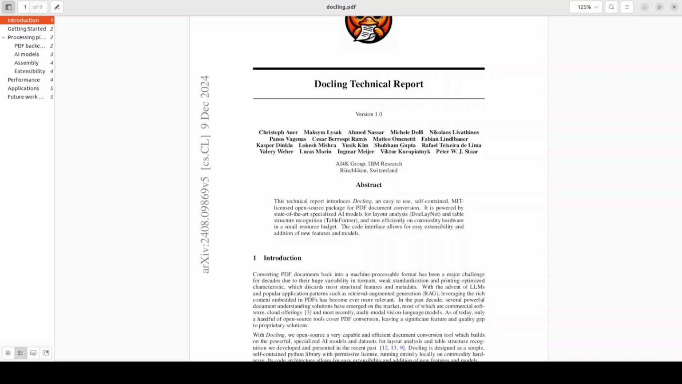Leveraging the rich content embedded in PDFs has become ever more relevant. In the past decade, several powerful document understanding solutions have emerged on the market, most of which are commercial software,